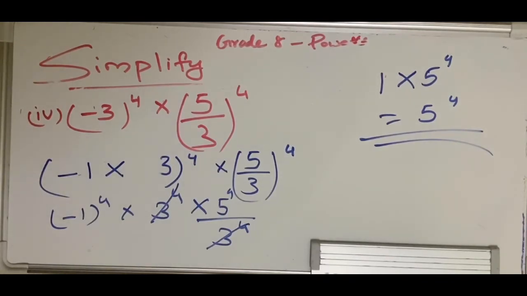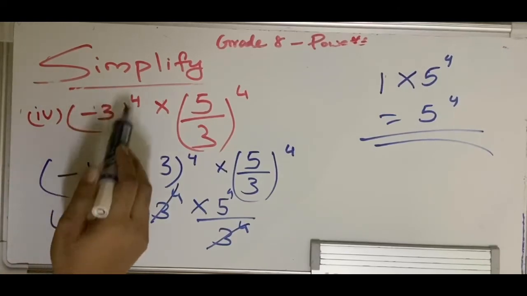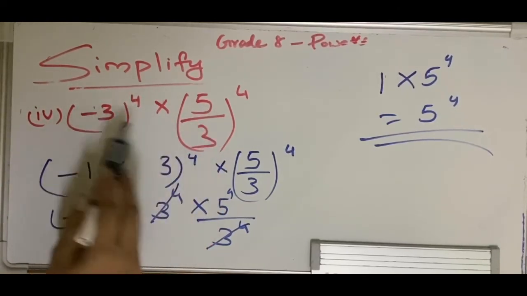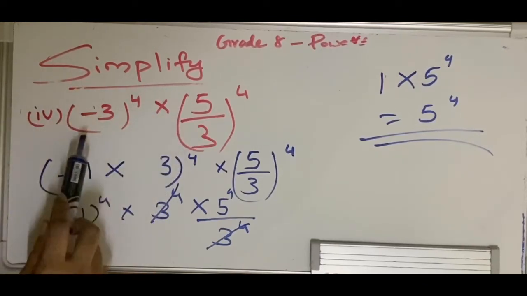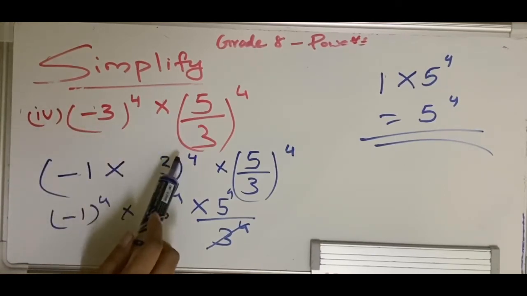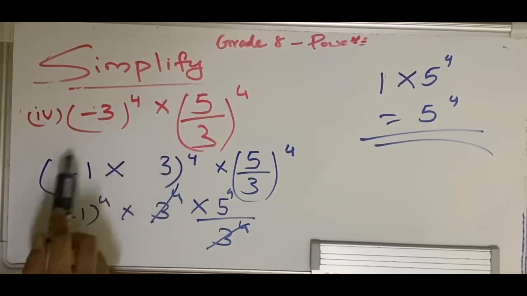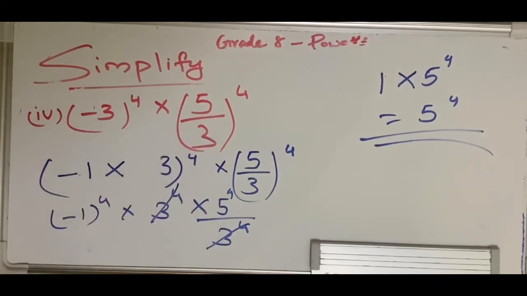Clear? So what you have to remember here is that since we had minus 3 raised to 4, we cannot directly cancel it with 3 raised to 4 because the signs are different, right? One is negative, other one is positive, because of which minus 3 I rewrote it as minus 1 times 3 raised to 4, so that this I can solve it separately, and 3 raised to 4, 3 raised to 4, since they have same sign, I can cancel them. Understood? So just keep that in mind.